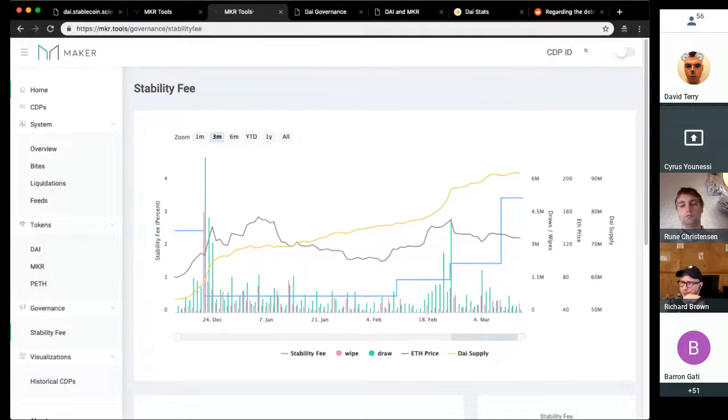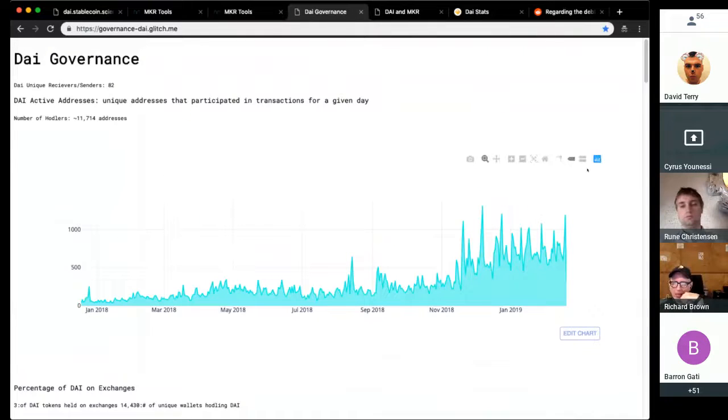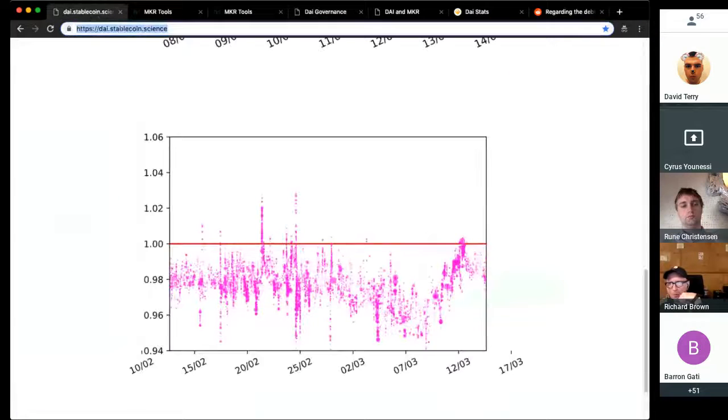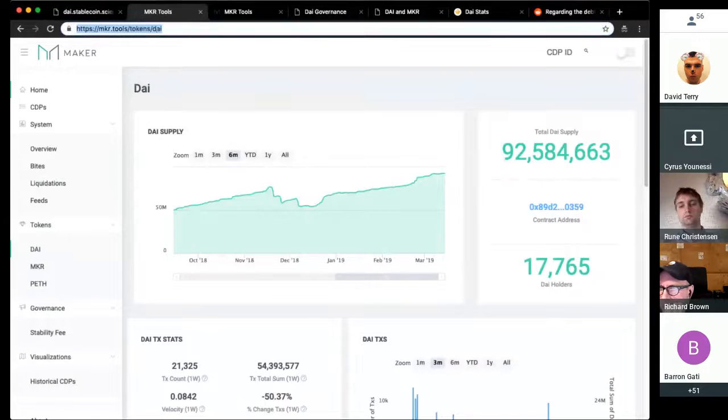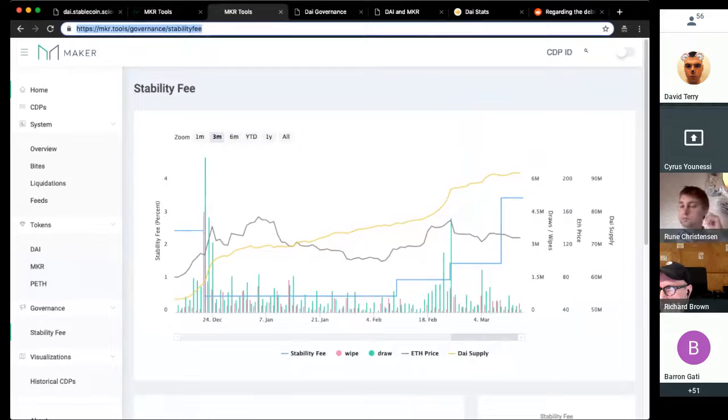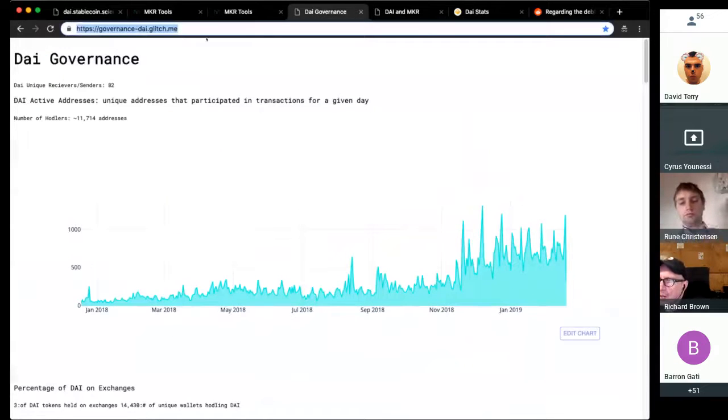Yeah, the data is definitely public, or will be public, whatever isn't. We do have some internal data. I'm going to post these in the chat. I actually haven't been to this data stablecoin.science thing. Are the data downloadable from there, or is it all in chart form? It's not downloadable from the DAI.stablecoin site. Is that a possible change coming, or is that going to be permanent?